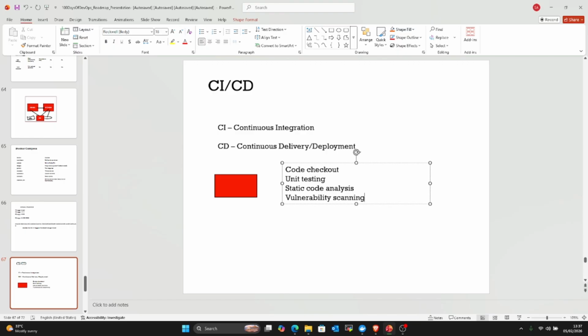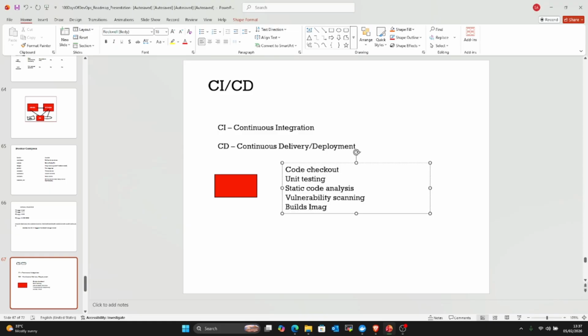So once it has done vulnerability scanning, now we've done 3 forms of testing. 2 testings were done on the code base, and 1 has been done on your image. So that is a way of ensuring that you have good security measures in the images that you push to the public. So once that has been done, then it builds the